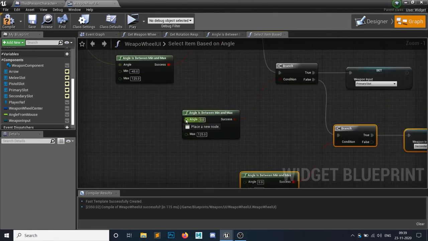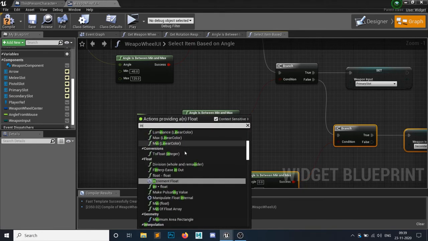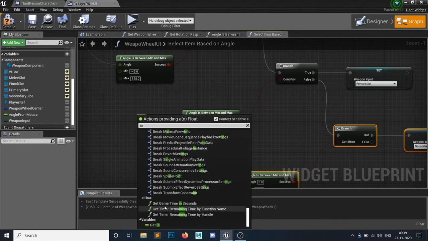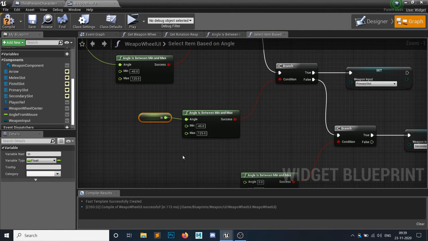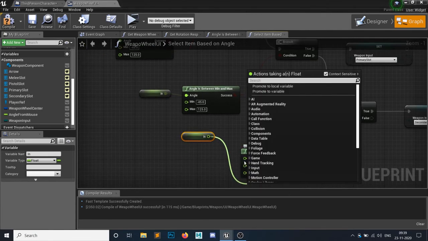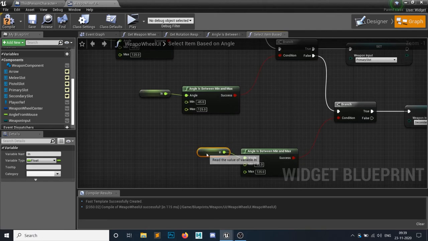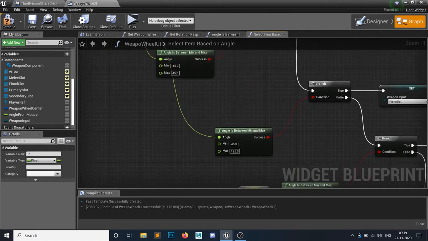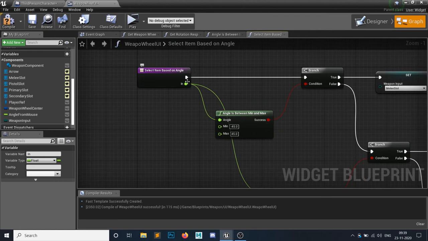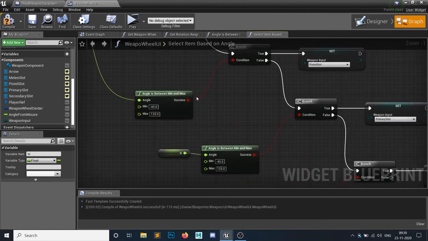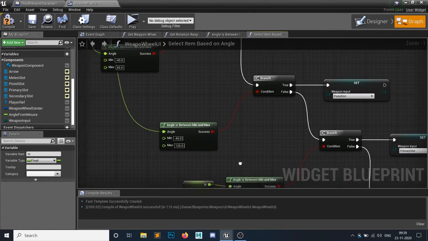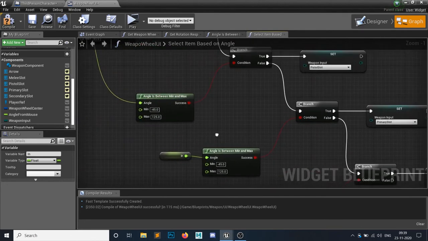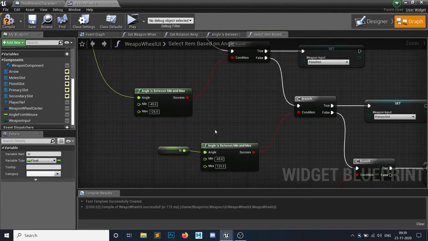The angle should be get in, Ctrl this, get in. This in is an input parameter of the function. This in is here, this one, this in. So if you don't want to just connect it, you can call out that. Alright, for the primary slot,